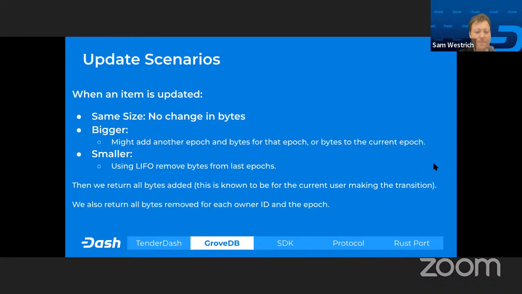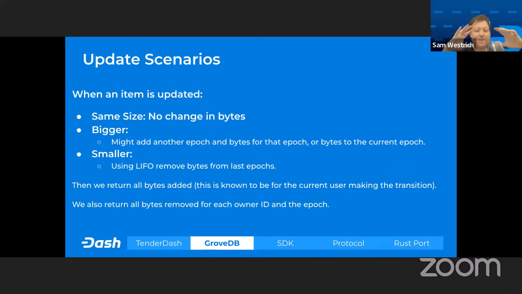I think the next slide explains this a little bit more. Yeah, so when an item is updated, you have 3 scenarios. The item could be of the same size, so there's no change in bytes. The item could be bigger. If let's say the first item was inserted at epoch 0 and then updated at epoch 0, there would be no change because it basically would signify the whole amount of bytes are from epoch 0.